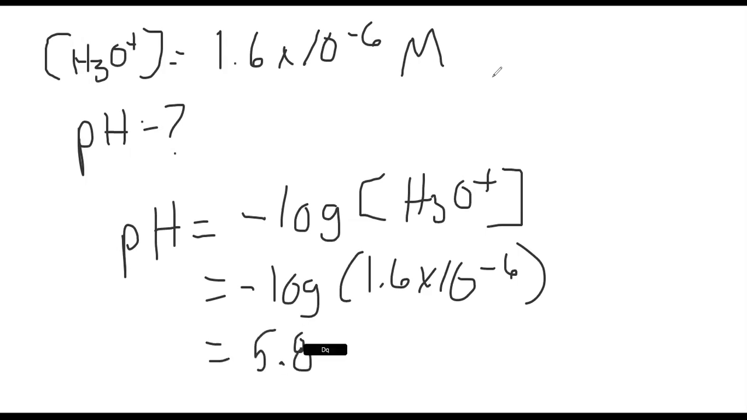So now that I know the pH is 5.8, I can tell if it's acidic or basic. And remember, for acidic and basic, we have that scale from 0 to 14. So if it's less than 7, it's acidic, and if it's greater than 7, it's basic. So in this case, we have acidic. All right, well, that pretty much sums up chapter